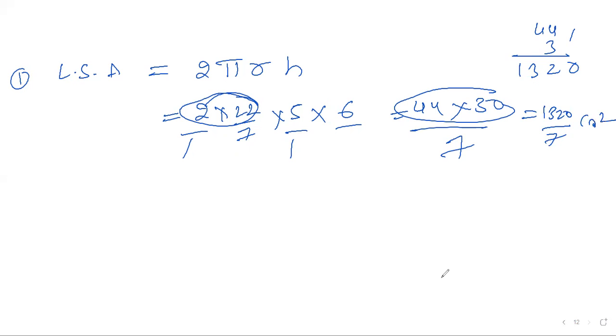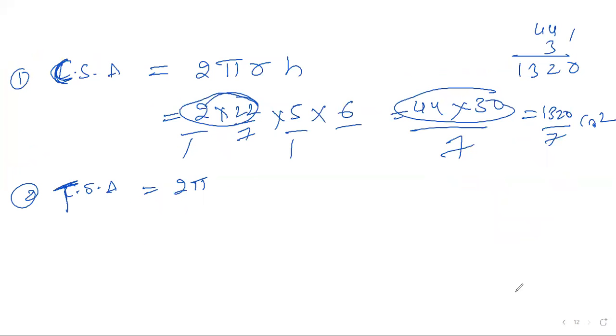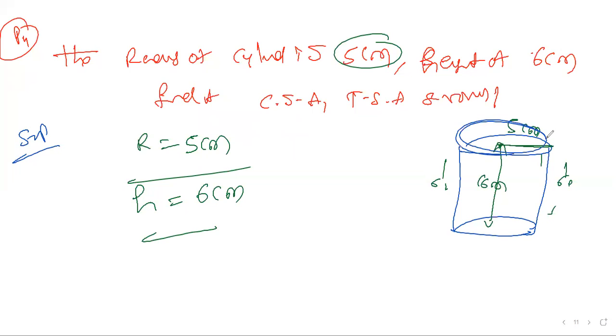Now it is finished. Now let us take CSA. CSA means what? TSA, sorry, TSA, total surface area. Now it is LSA, not CSA, because the nature is curvature nature. CSA means curvature nature. LSA means the plane model. So CSA is 2 pi RH, and TSA means CSA plus the rest of the area. What's the rest of the area here? 2 pi RH plus the rest of the area, which means the top and bottom. Two caps you need to close.